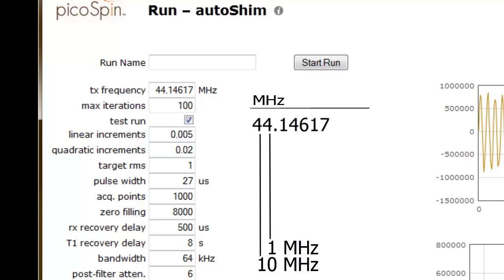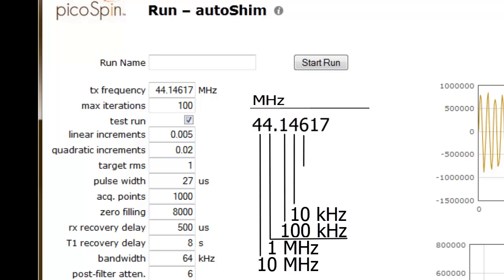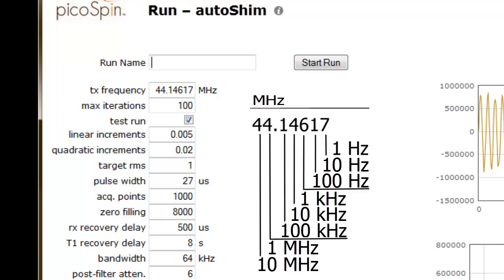The first decimal place is 100 kilohertz, then 10 kilohertz, 1 kilohertz, 100 hertz, 10 hertz, and finally 1 Hz. When we want to adjust our frequency, we need to keep in mind which decimal place to change to shift the signal by the desired amount. For the current location of our peak, we want to adjust the transmit frequency by 4,000 Hz, and this means